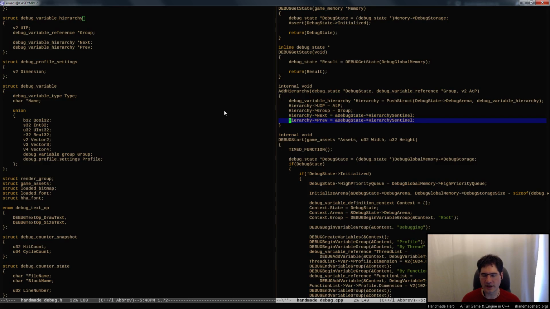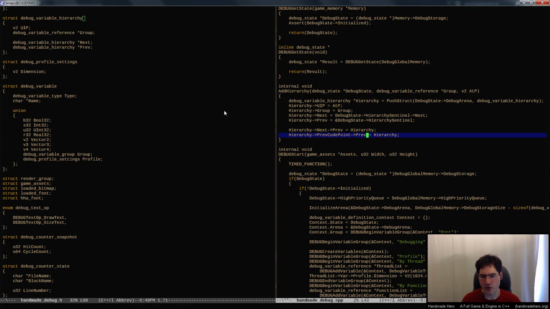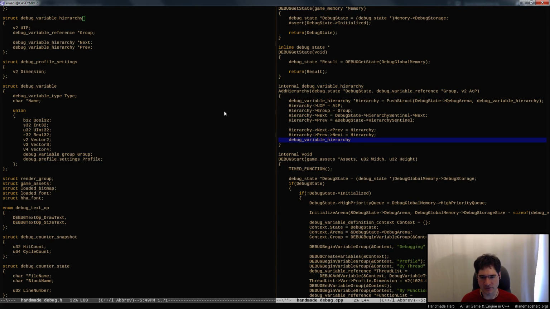So the previous pointer, we're going to insert this at the head end. So the previous guy is going to be the sentinel itself. Whoever the sentinel's next pointer was is going to be our next pointer. And then we just need to fix up the other pointers, right? So at that point, we know that whoever is next, whoever is the person that comes after us, their previous pointer should point to us. And whoever came before us, their next pointer should point to us, right? And that's about all there is to it. So then we finally probably want to make sure that we actually return this so that anyone who's trying to do something with it after it's been added,